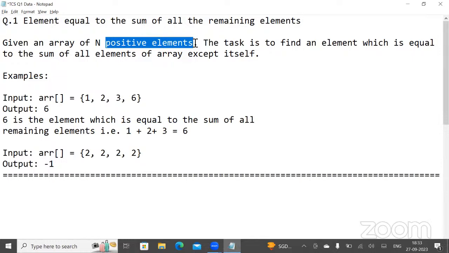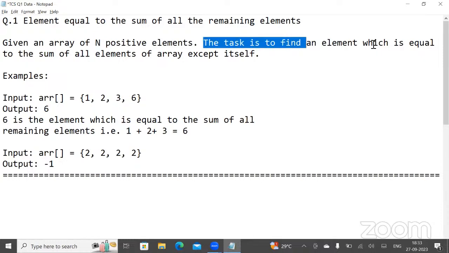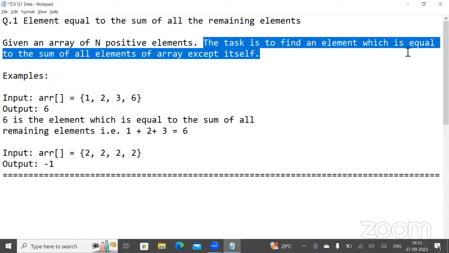Our task is to find the element which is equal to the sum of all the elements of the array except itself. So I have to find that element which must equal the sum of all the other array elements except its own.